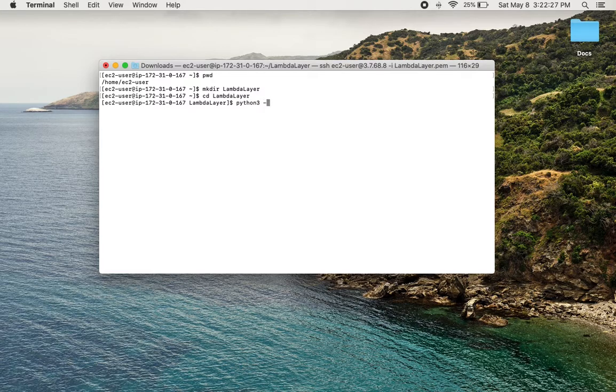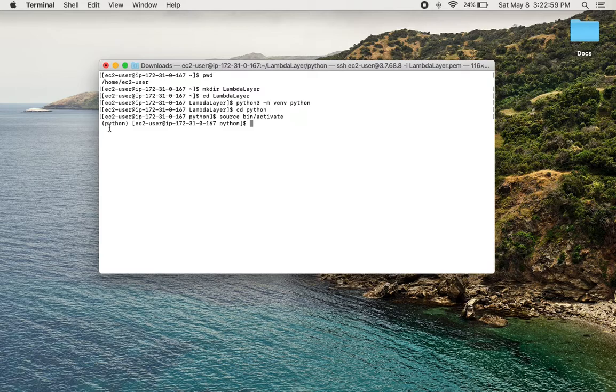So python3 -m venv, and I'll give it name as python. Let's go to python. And now we will activate the virtual environment. So source bin/activate.